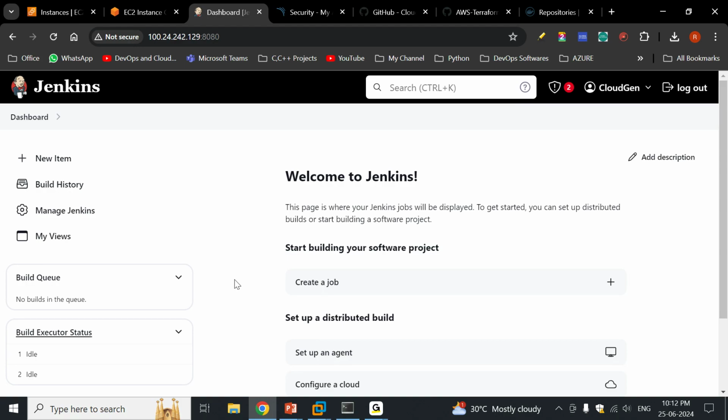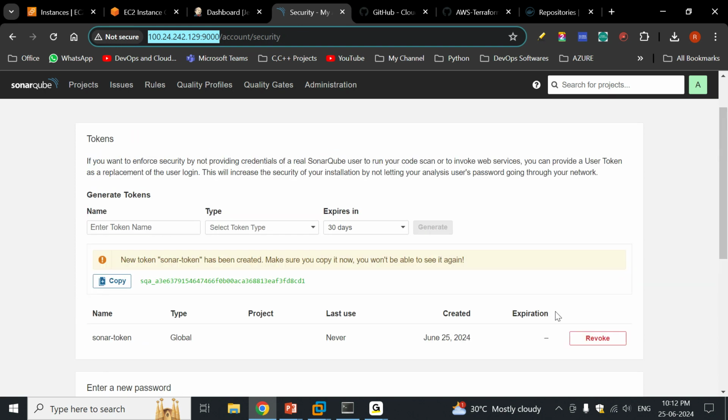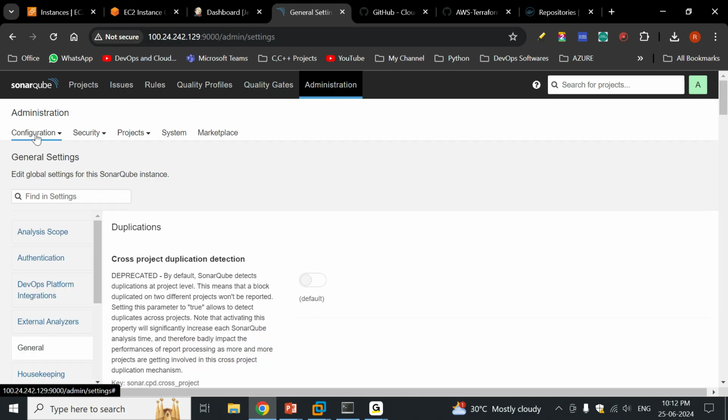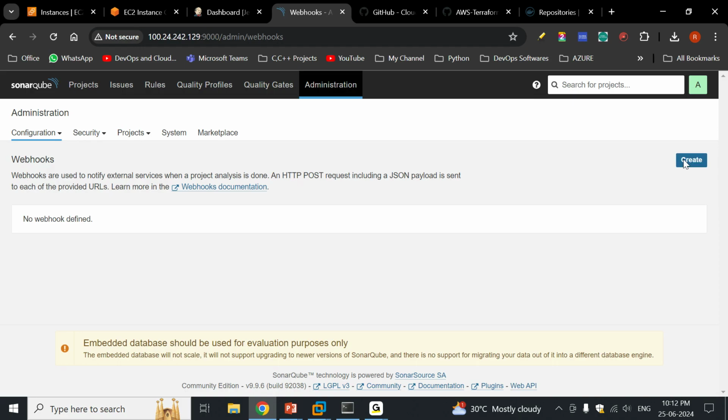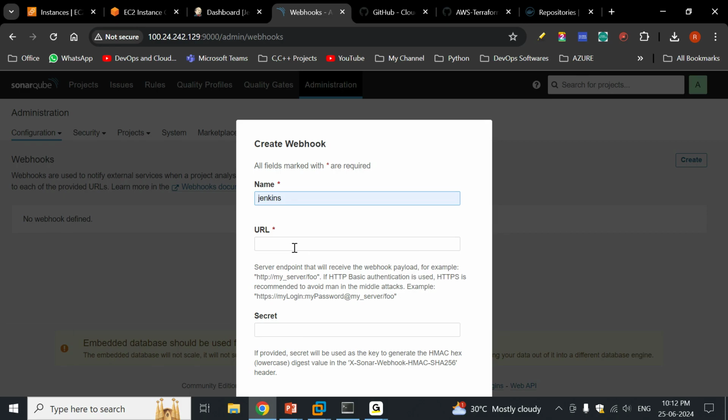Okay. Now click on that security. Sorry, SonarQube. Next. Click on that administration. Click on that configuration. Click on that webhooks. Click on that create. Yes, name is Jenkins and the URL. Just remove this one